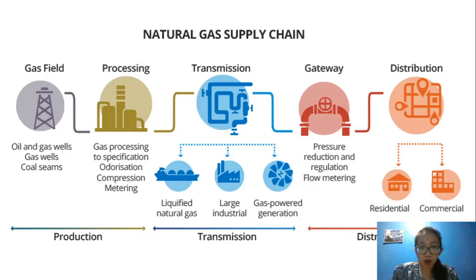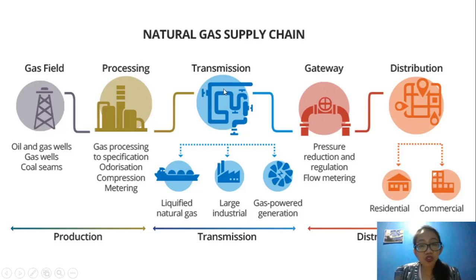Okay. So how do we process the natural gas? First, you have your gas fields, so either coal beds or oil. You isolate the gas from these locations and bring it to a processing plant. In the processing plant, it is odorized because methane in its natural form does not smell like anything. It is odorless, so it is dangerous because it's combustible and you can't smell it. So in the processing plant, they infuse it with odor so that we can easily detect it in case there's a leakage. Then it is compressed in containers and transferred later on.